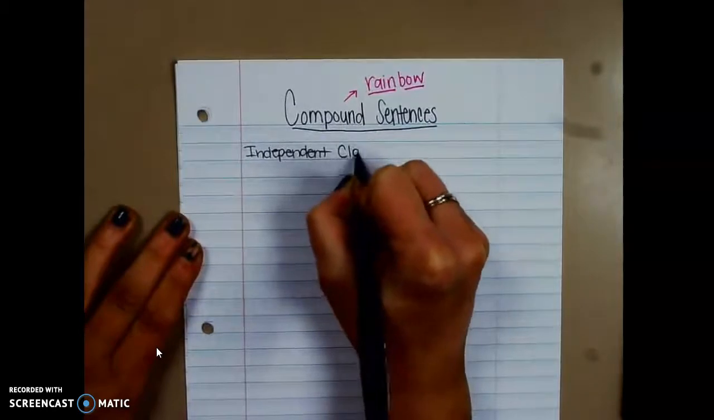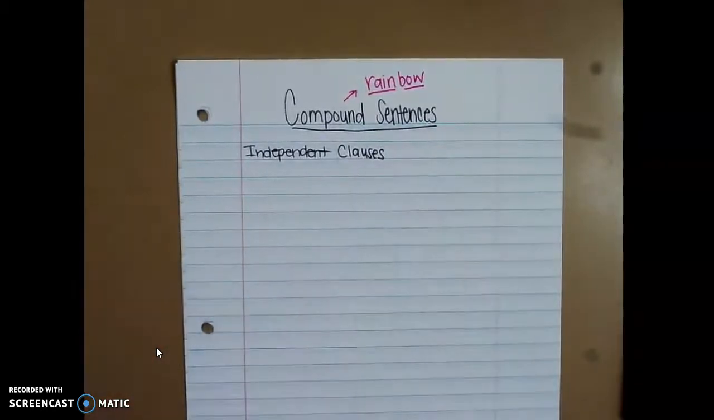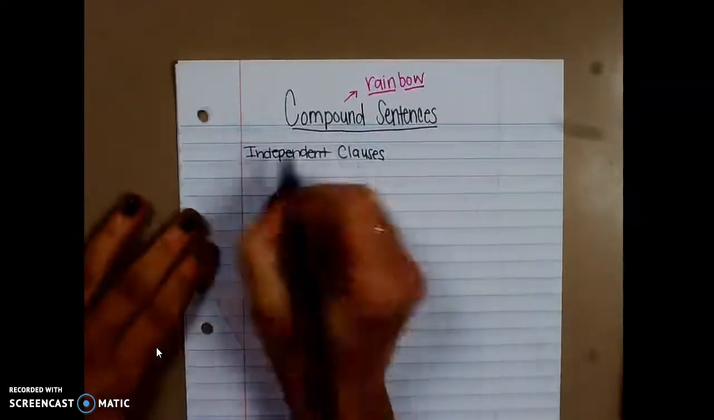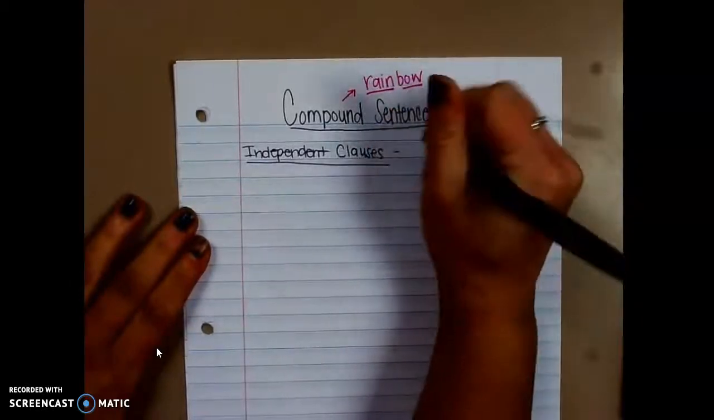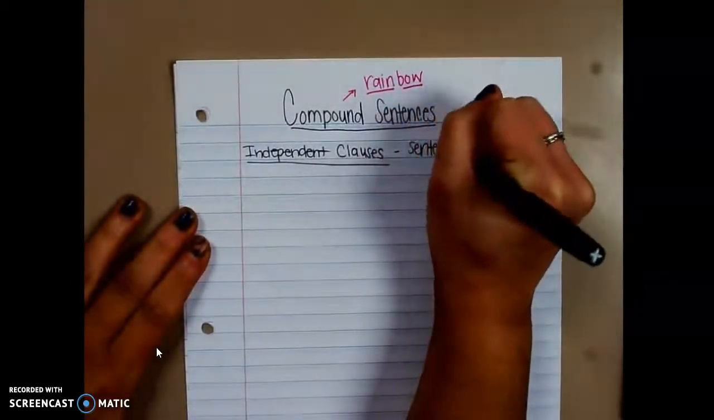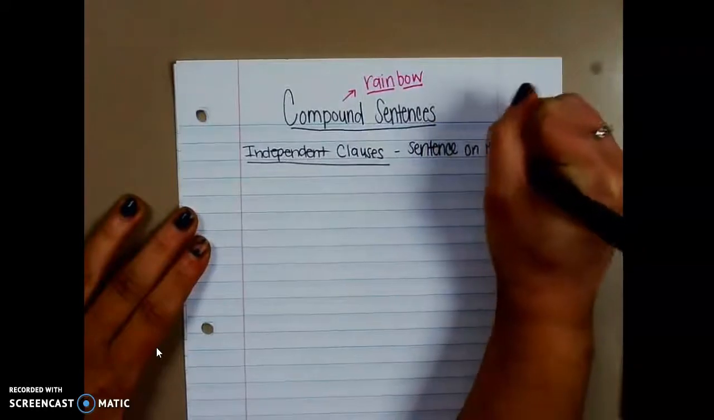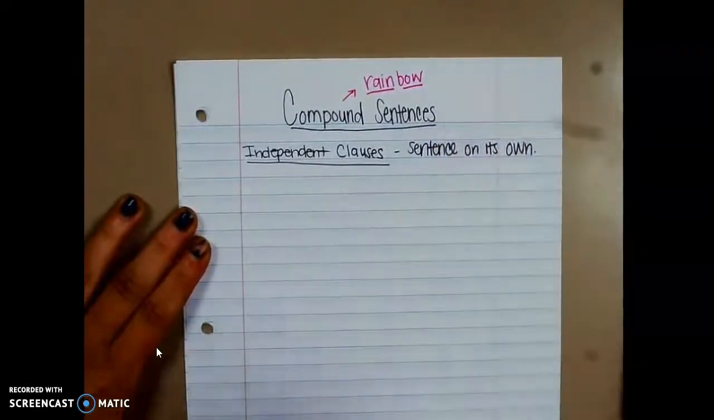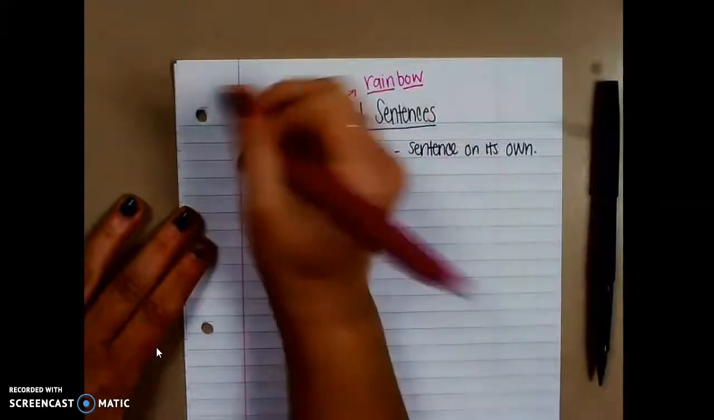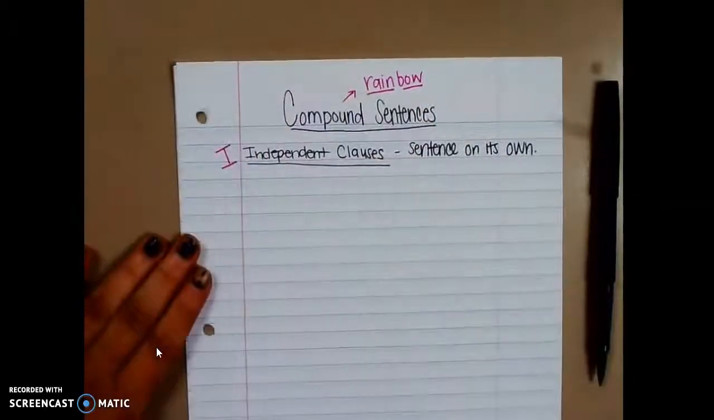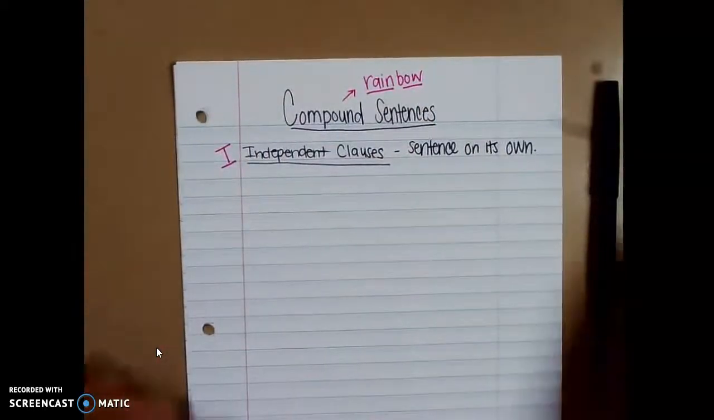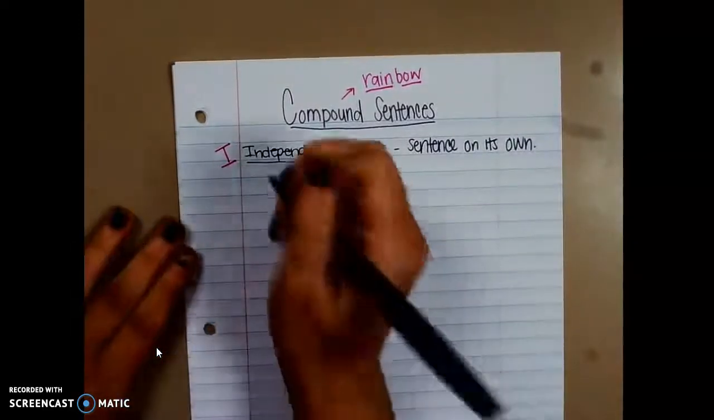independent clauses. Everybody say independent. So when we're talking about independent, that means that it is a sentence that can stand on its own. It is a sentence by itself. It doesn't need anything else. Nothing's missing. Independent. It's a sentence on its own. And when we label independent clauses, we label them with a capital I. Everybody say I. So for example,